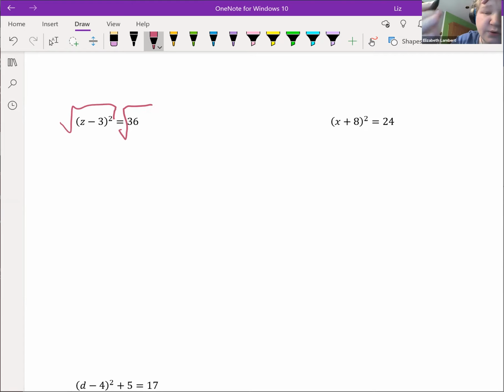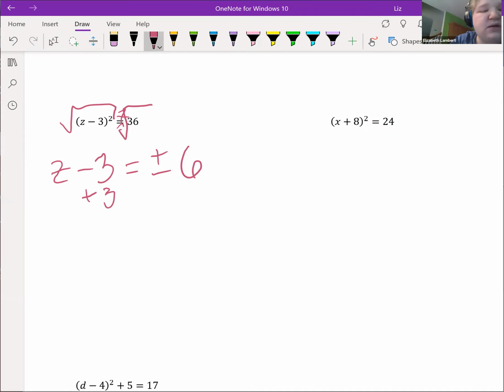Now, as we progress through more and more college algebra topics, there are going to be more functions that we can apply to both sides of an equation. And some of them are going to have some caveats. But the square root of 36 here is 6. And I put the plus or minus right then. Now you could split this right now, z minus 3 equals 6, or z minus 3 equals negative 6. Alternatively, and this is what you would get out of the quadratic formula, more or less,